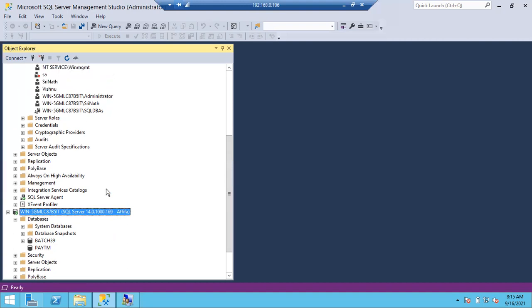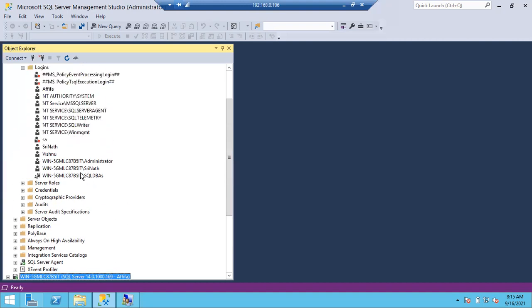If Srinath wants to check his access, see here, Srinath is already there, right? As it is a Windows login, Srinath has to connect with his name. He has to log off from the server, log in as Srinath, open SSMS and check whether he can access the Paytm database or not. Or else another way is to open Management Studio with run as a different user. I can give Srinath's credentials, or Farjana's, or Vishnu's credentials, open Management Studio and connect to the Paytm database. Clear? This is how.